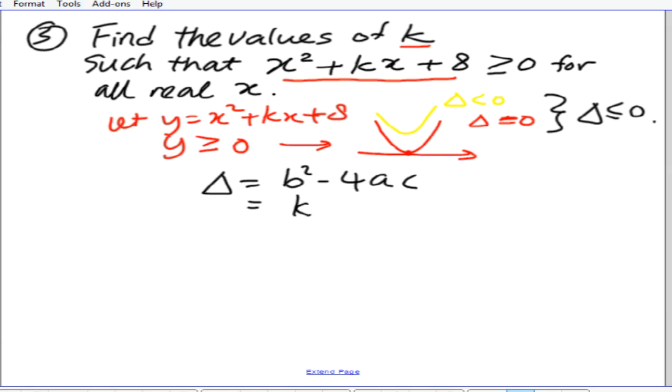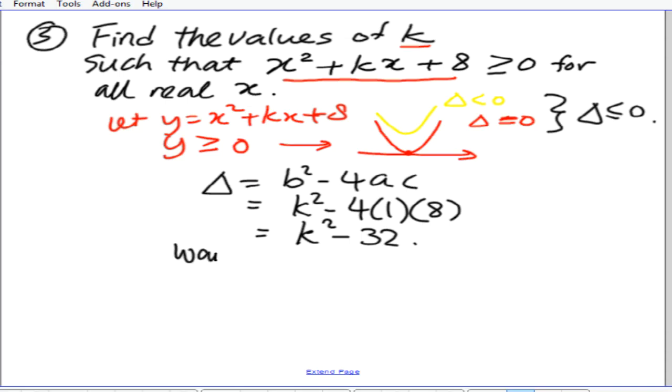B in this case is k, so k squared minus 4a. A is 1, c in this case is 8. So I will have k squared minus 32, right? And what we want is the discriminant to be less than or equal to 0. That is, k squared minus 32 has to be less than or equal to 0. Or in other words, k squared here must be less than or equal to